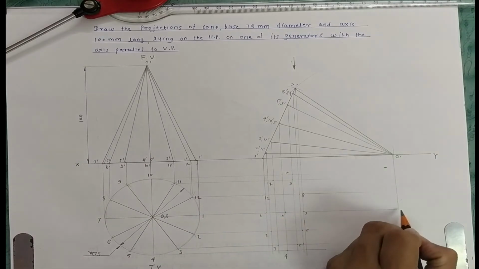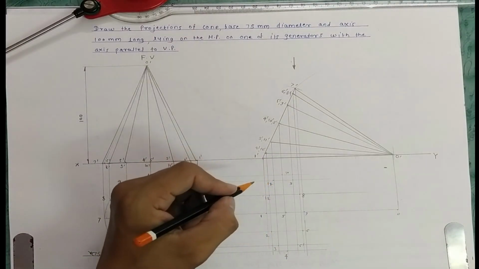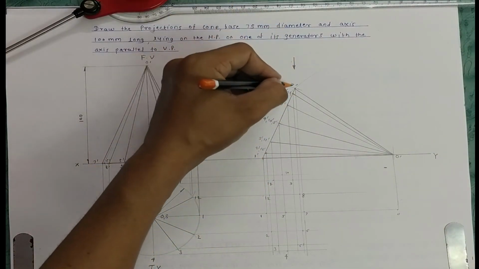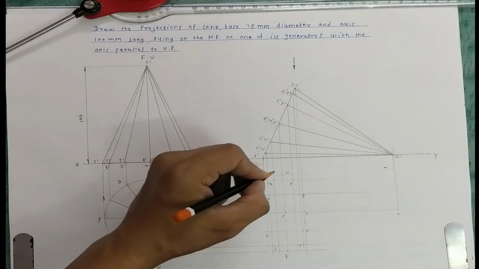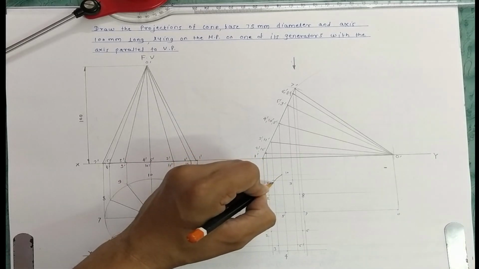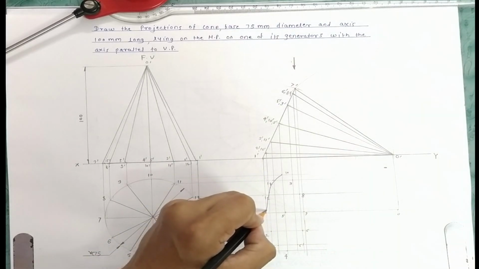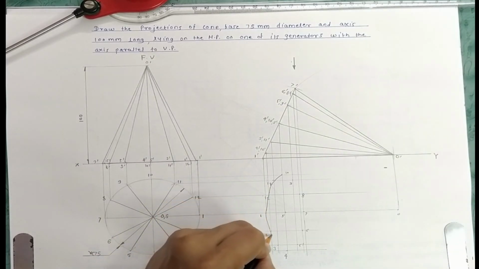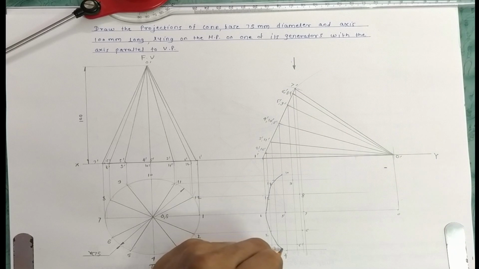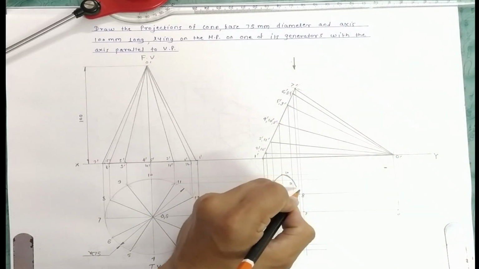Look at the axis S and O. By using a smooth curve or a smooth hand, you want to draw an arc. When you are looking from the top, this portion is all dark. So from 10 to 11, 11 to 12, 12 to 1, 1 to 2, 2 to 3, 3 to 4, and this part all becomes dark.